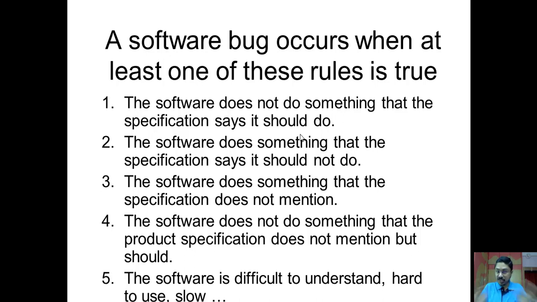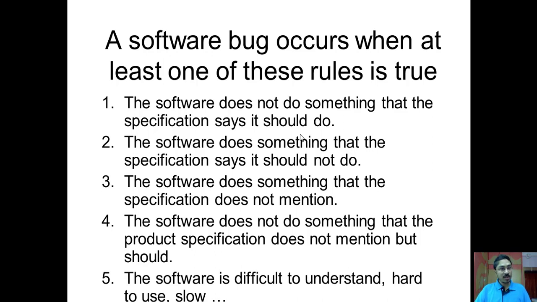But though it is mentioned in the specification, what the software developer has done is only include one feature, that is the user ID validation with the password. And he has omitted the second part, that is the SMS or OTP authentication. So now that is called a bug. Though apparently it doesn't look like a bug, it is a bug because in the specification it is clearly mentioned, the customer exactly wants it, but if you are not delivering it, then that is called a bug. So that is the first rule to find out the bug.